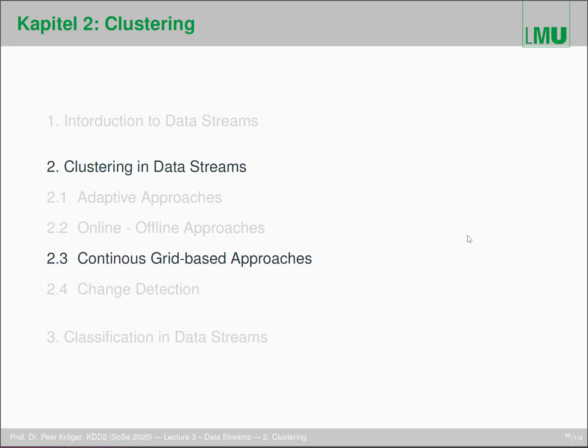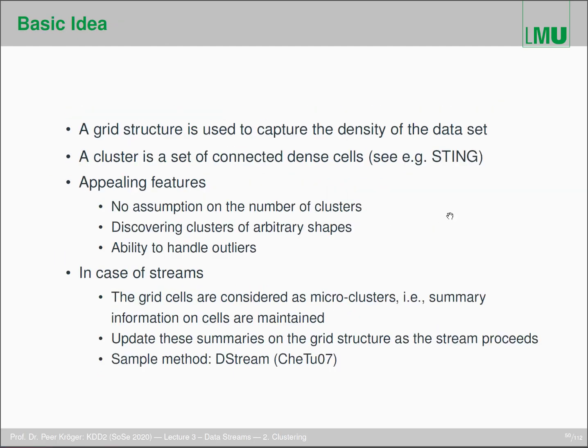So anyway, those grid-based approaches are, as you may think, based on a grid-based model. A grid structure is used to capture the density of the data set, and a cluster is just defined as a set of connected dense cells. The batch clustering approach most similar to this one is, for example, STING. The appealing feature again here is no assumption on the number of clusters. We can discover clusters of arbitrary shape, and we can handle outliers, which we already discussed are appealing, especially for